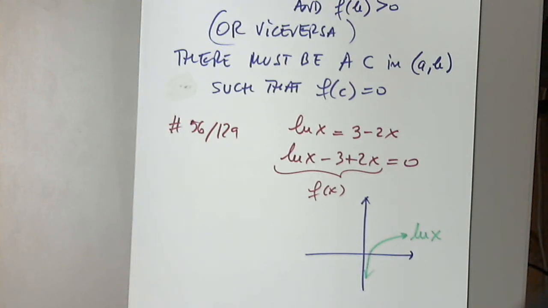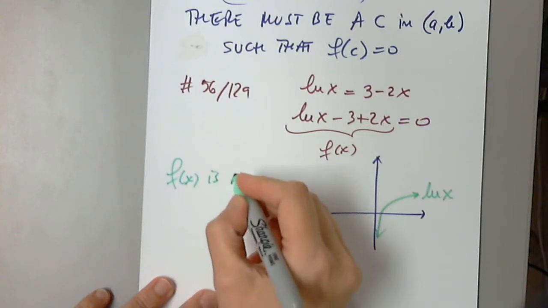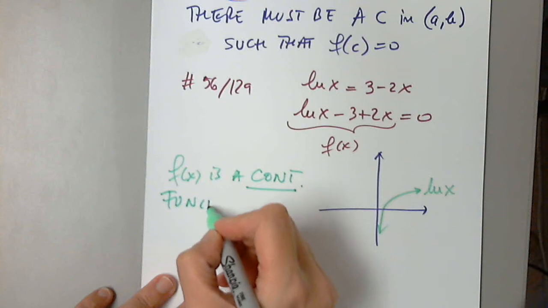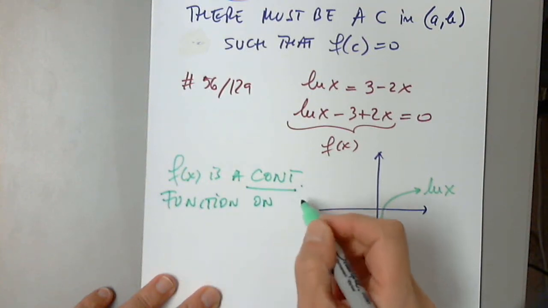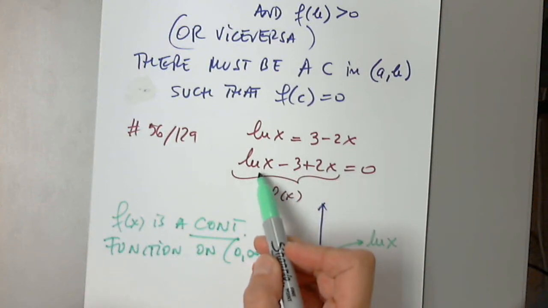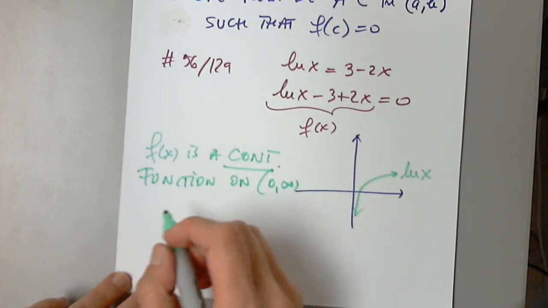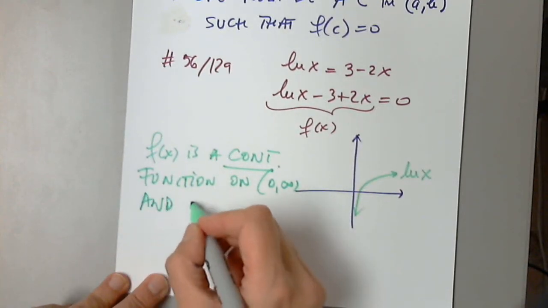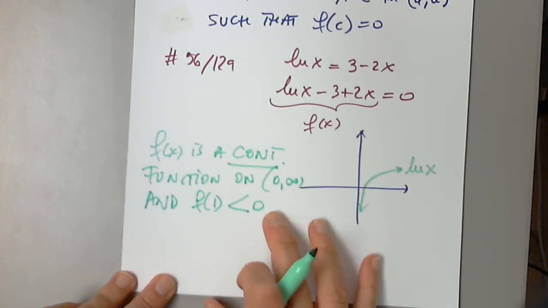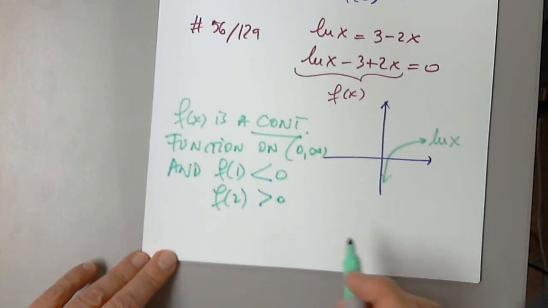So I will say this. F of x is a continuous function on the interval 0 to infinity, because this is continuous everywhere, but this does not exist to the left of 0. And f of 1 is negative. I don't even care for the number. And f of 2 is positive. Therefore,